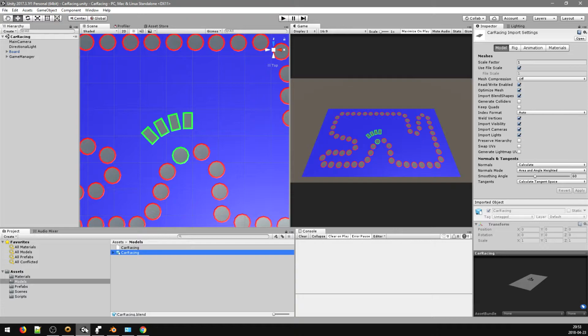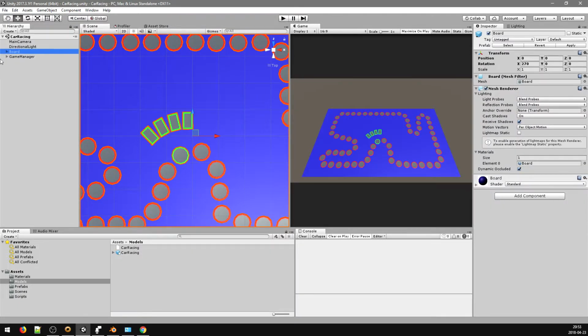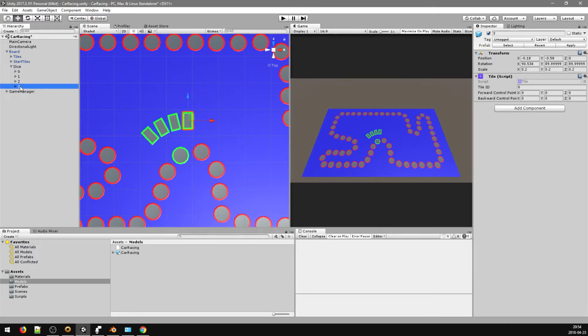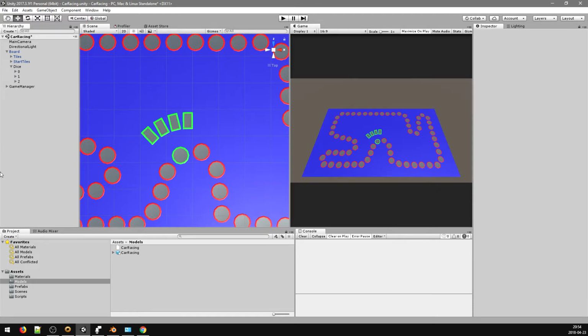Okay. Now, go to your board and expand your board. Expand it. Okay, so duplicate the start tiles. And rename this one dice or something. I know they're not dice, it's fine. Dice. Okay, now expand that. Delete the fourth tile. Yeah. Now take the first three